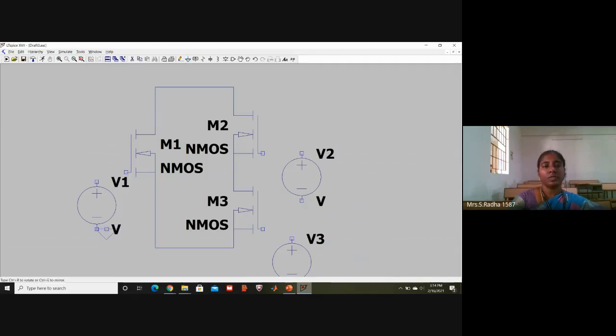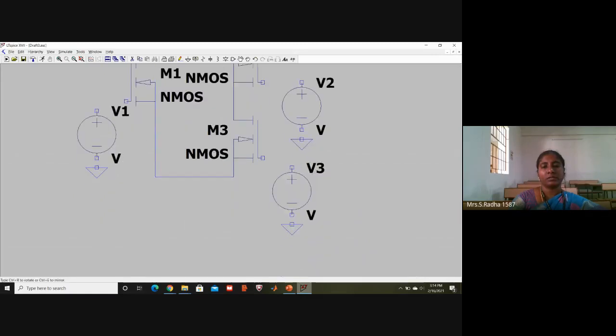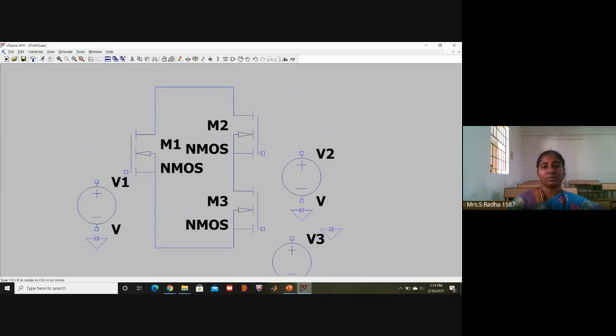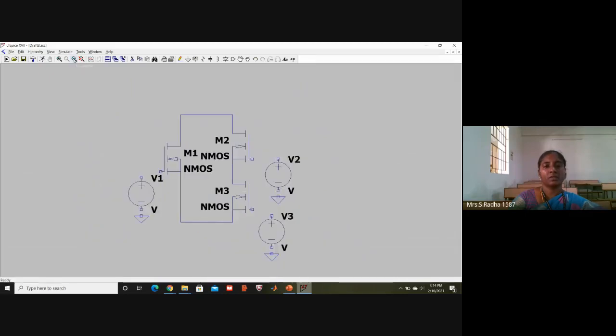I will put ground connection for all the 3. Escape. Just click on zoom in. I think it will be visible now. Now go to wire connection. This is the A variable, for the first NMOS.